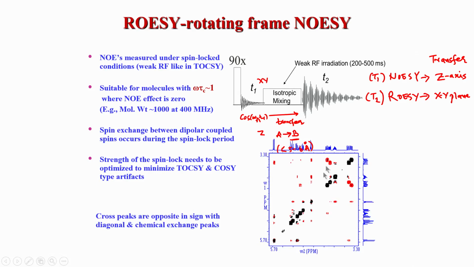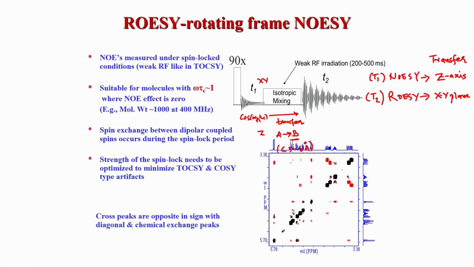So, this is a spectrum example for a ROESY. You can see here the main point to take home is that the cross peaks are opposite in sign with respect to the diagonal peak. We will look at this chemical exchange part a little bit later. So, now this is the important point which we do not see in NOESY. In a NOESY experiment the cross peak and the diagonal peak have the same color, the same phase. So, if this is black, the NOESY cross peak also would be black, but in a ROESY the cross peak is opposite. And why is this so?